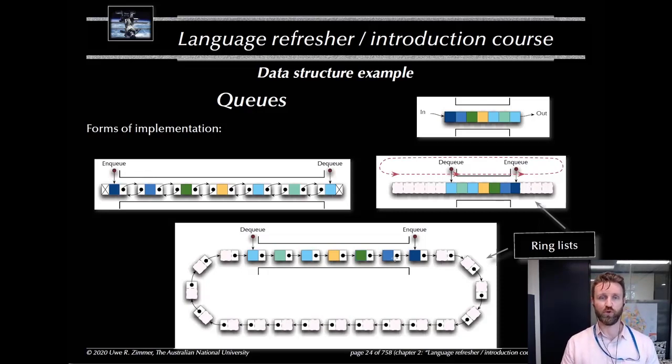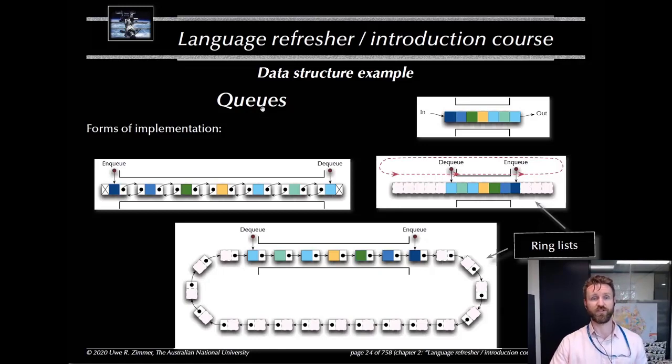Just like in real life, when you queue up at a shop, you join the queue at the end and you move forward through the queue until you reach the front of the queue, and then you're removed from the queue as you're served by the person in the shop. Okay, so this is a data structure that's common in a lot of scenarios. It's very useful. How do you actually implement,